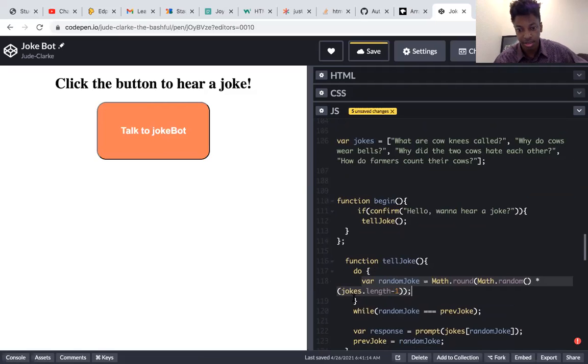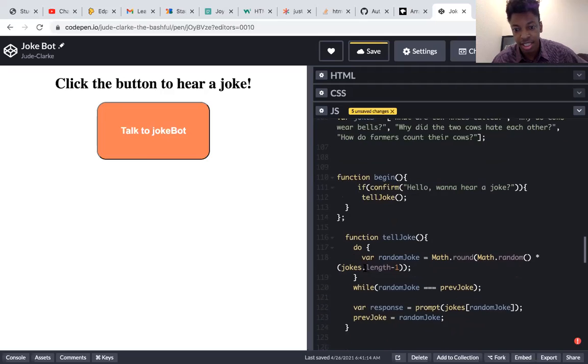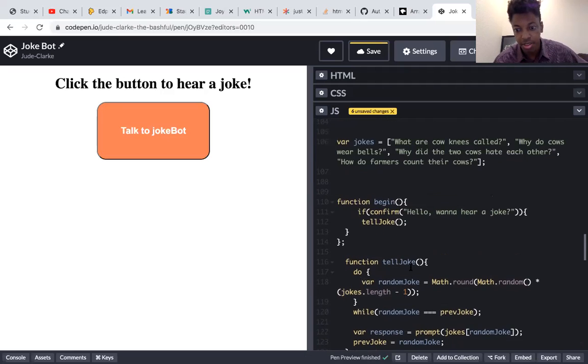So here's what that is. Jokes is my array. Jokes.length is the length of my array. So 1, 2, 3, 4. However many objects or pieces of data are in my array. So we have 1, 2, 3, 4. So jokes.length is going to be 4. Now I subtract 1 here. The reason I subtract 1 is because later